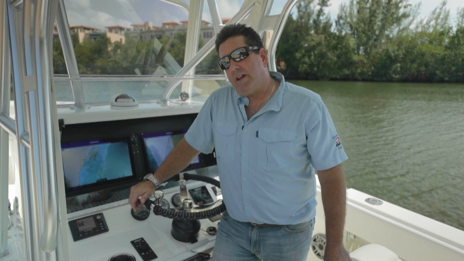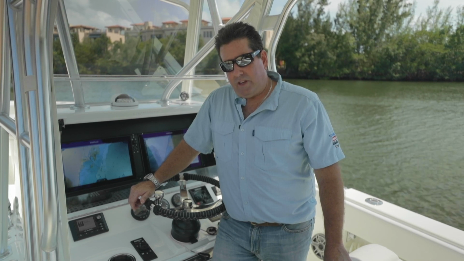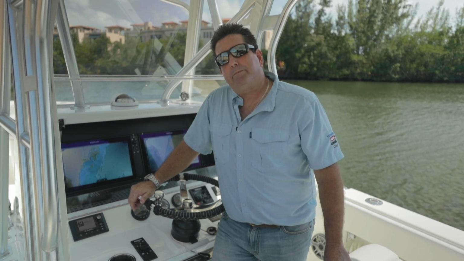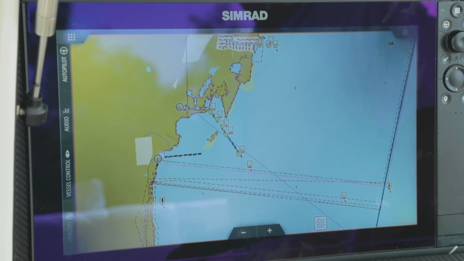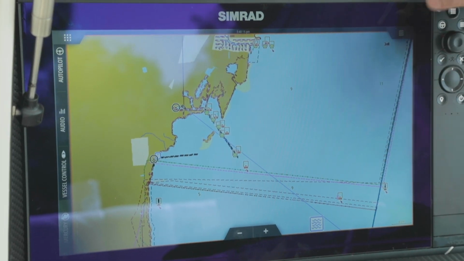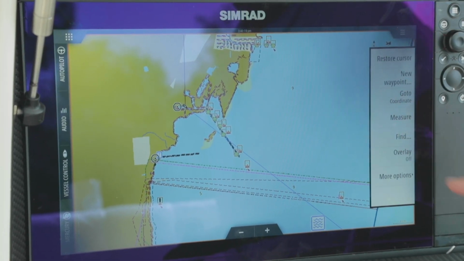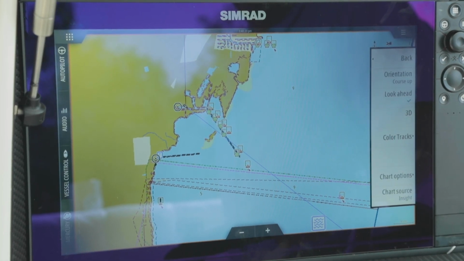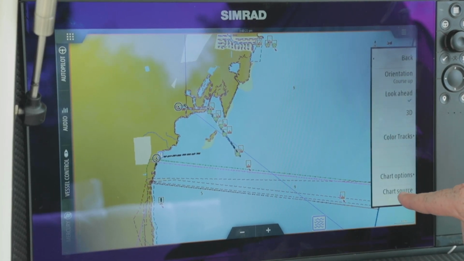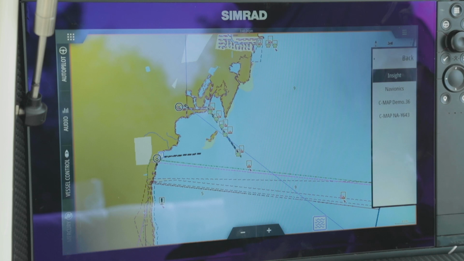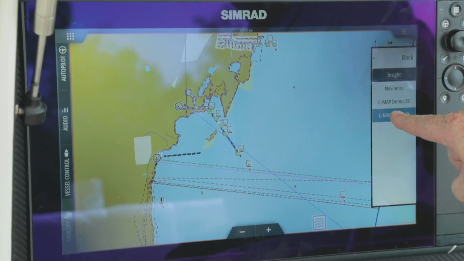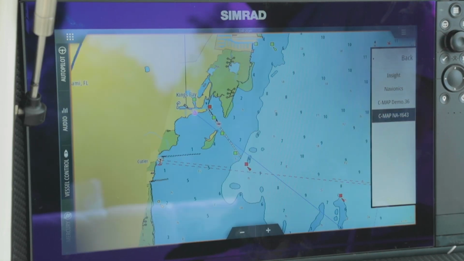Now we're going to jump into the NSS Evo 3 and show you a few things about the new CMAP Reveal chip. So here we are on the NSS Evo 3, and anytime you put in a new chip, you must first change and select that chip. So home, menu, options, and you go down to chart source. Now we can see our available chart, which is our CMAP Reveal. We select it,